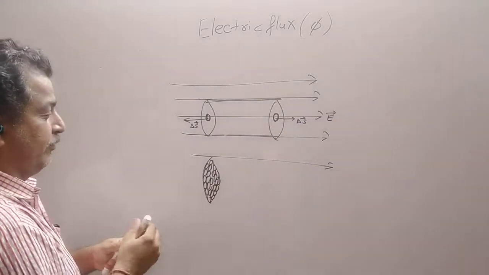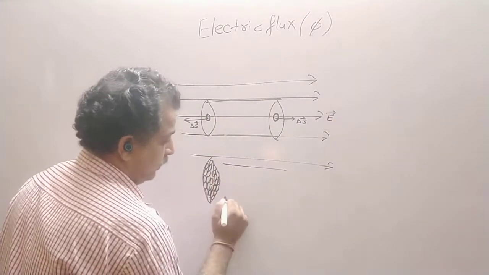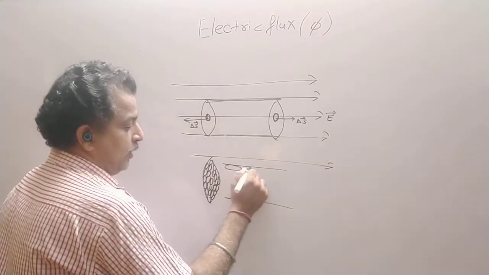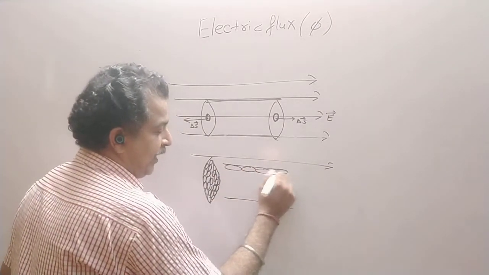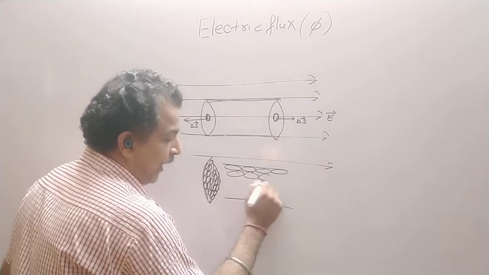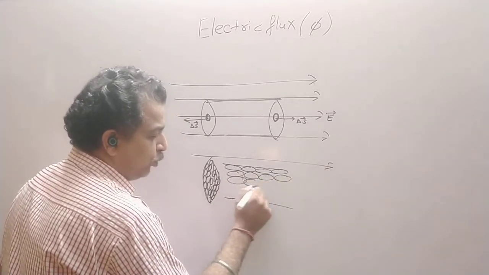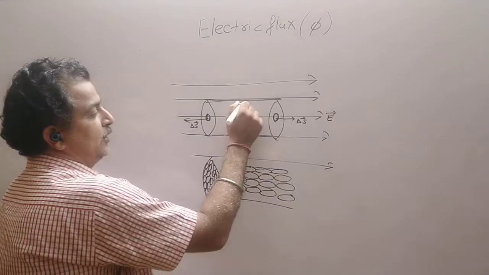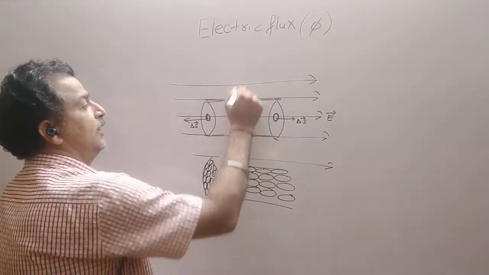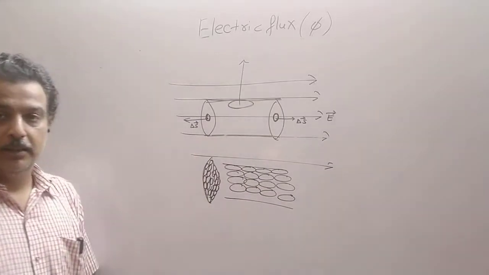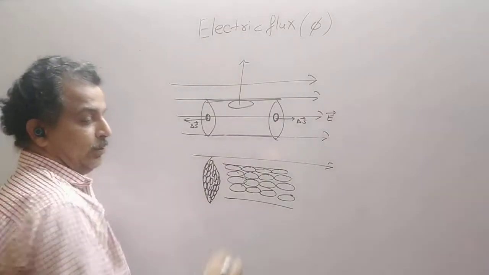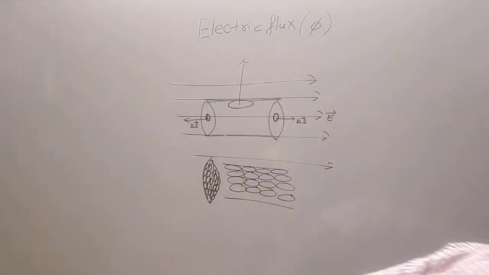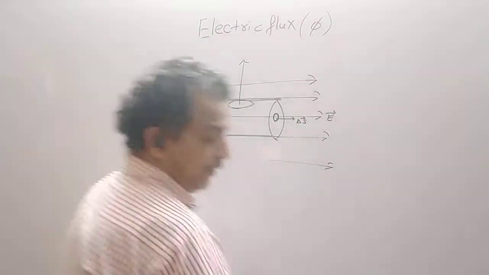Now for the curved surface, how can these curved surface elements be made? It can be made like this. These are called area elements. Divide the entire portion into small elements. So if I consider this one small element, area vector is along the y-axis. So now these 3 portions we have for a cylinder.